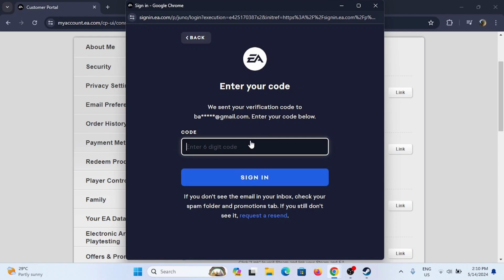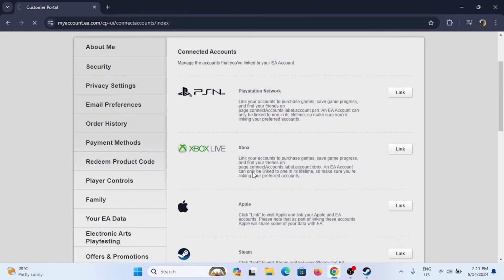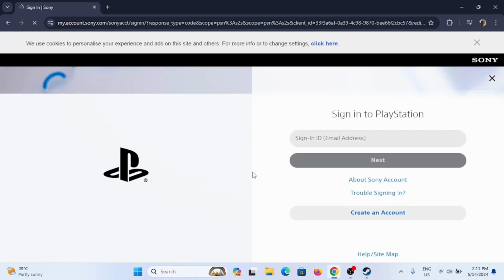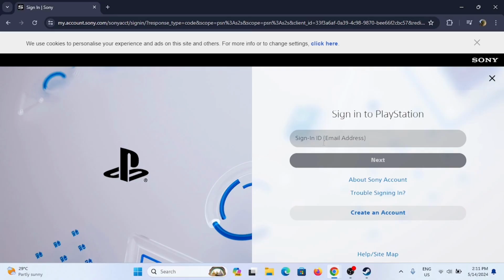Enter the OTP code once received in the dialog box and tap on Sign In. With a single click, you will be redirected to the PlayStation sign-in portal. Enter the email address and password linked to your PlayStation. And voila, just like that, you have successfully linked your